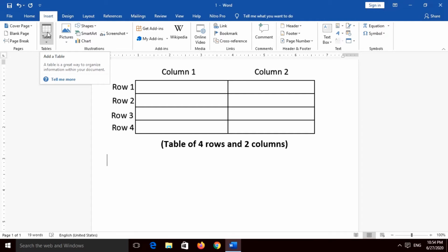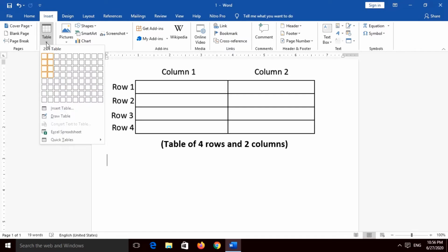Now when you click on the small triangular button of Table, this particular option comes. Now in this option you can see small square boxes. Through this also we can create a table, and another option is at the bottom where it is written Insert Table. So both the options we will see one by one.